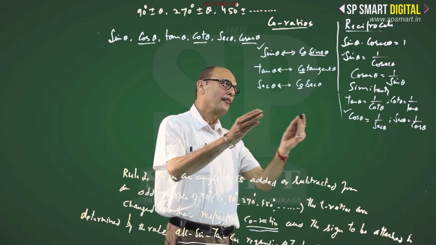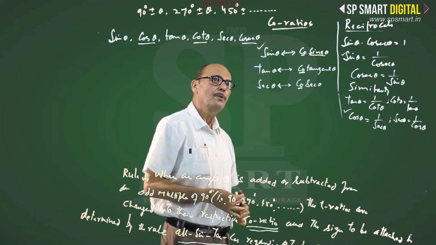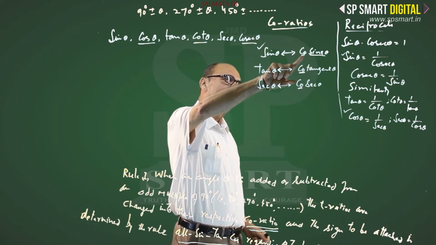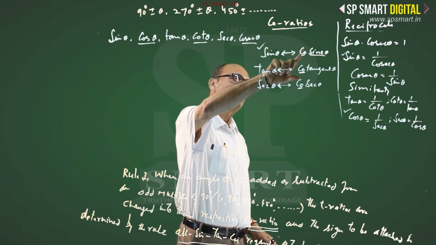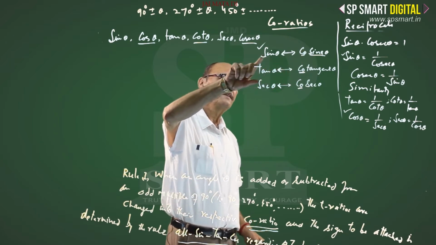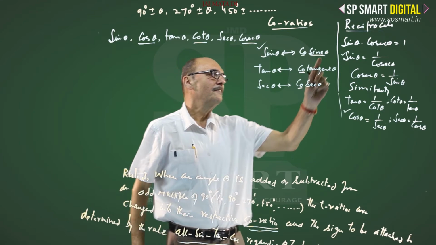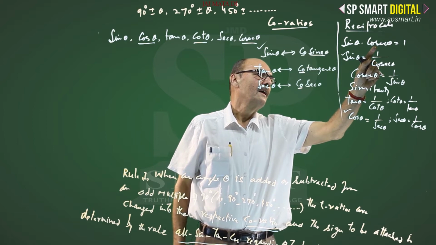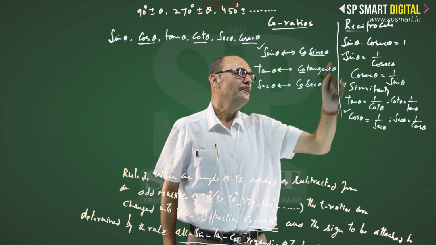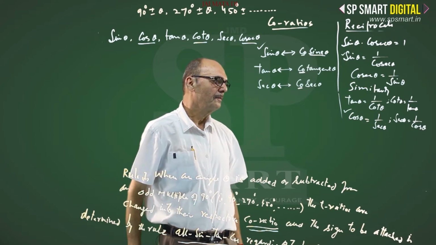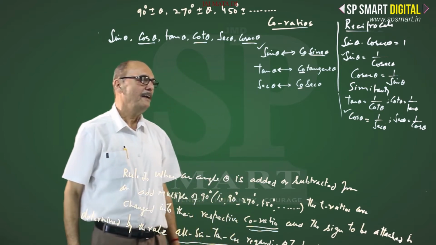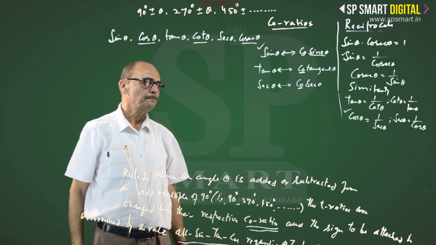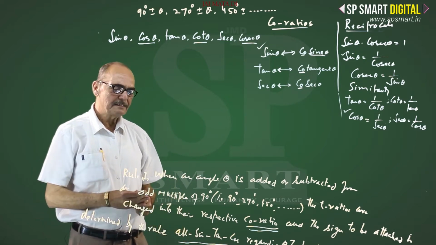So, compare them. I once again introduce you to the co-ratios. Co-ratio of sin theta is cosine theta, and co-ratio of cosine theta is sin theta. But reciprocals are different. Reciprocal of sin theta is cosec theta and reciprocal of cosec theta is sin theta, but it is different in the case of co-ratios. I hope it is clear, and while learning these co-ratios, you should compare reciprocals with them. Then, the sign to be attached